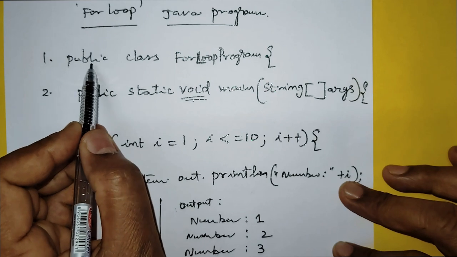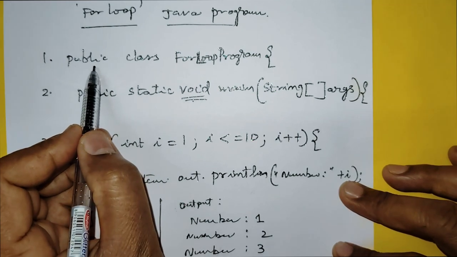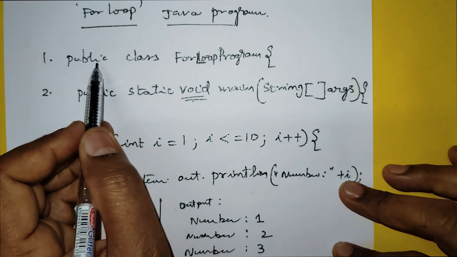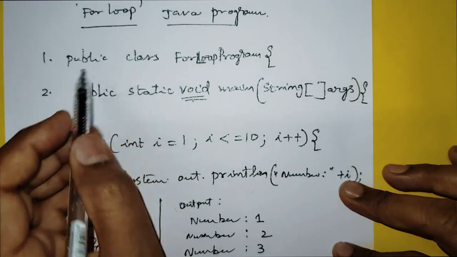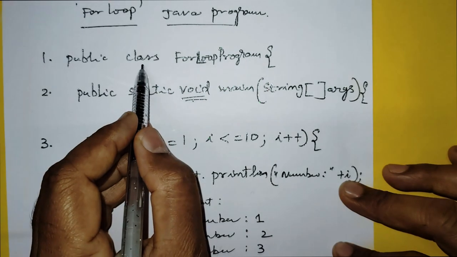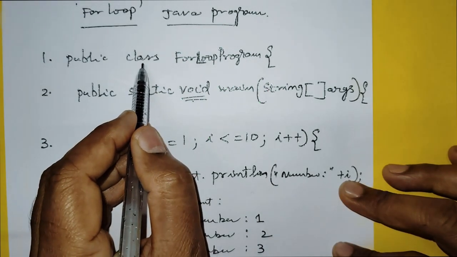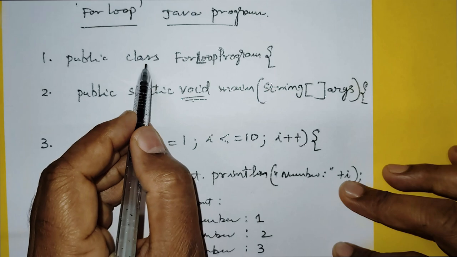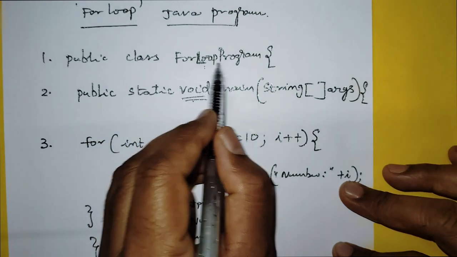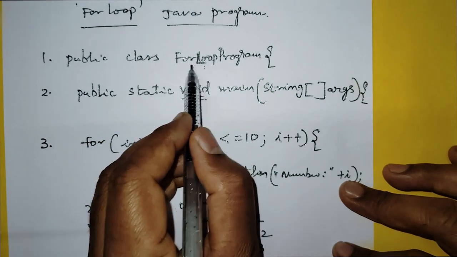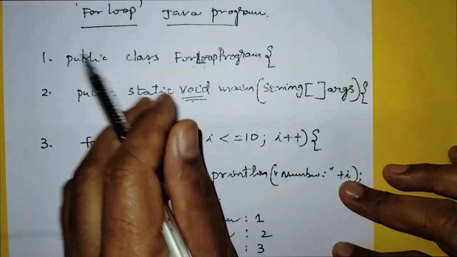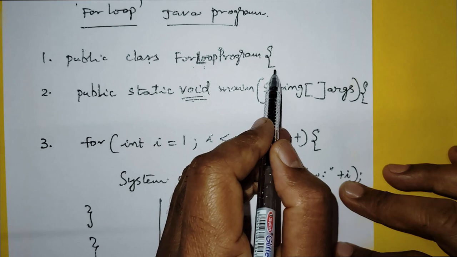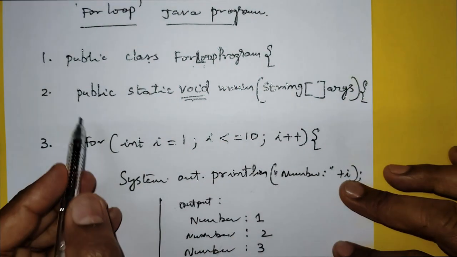Again, I'll explain. Public is an access modifier, meaning the class is accessible by any other class. The class should begin with the keyword class, and the name. What is the for loop program? ForLoopProgram is the name of the class. So class with a name. That is the first step, opening curly brace. The second step,